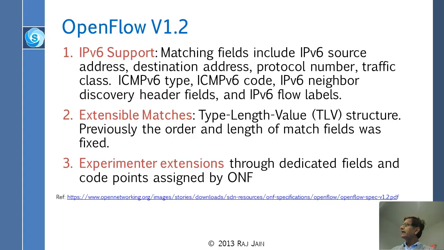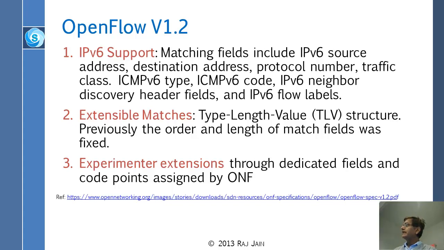And they also changed the matches to be extensible matches, TLV values. Previously they were just fixed length, like if your MAC address is this and that, and so on and so forth. Now the matches are defined by TLV, type, length and value. Is it a number? Match, for how long and what is the value, right? So the value is defined, this is the actual length of the value. Type, length and value.